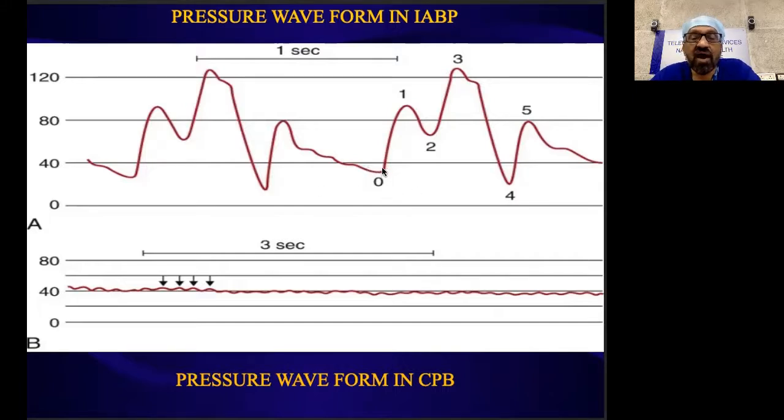This is the unassisted diastolic pressure. This is the unassisted systolic pressure. This is the dicrotic notch. The diastolic augmentation is occurring here. And then this is the diastolic pressure after diastolic augmentation, which is lower than what was seen here. And this is the systolic pressure after diastolic augmentation, which is lower than this pressure. These two indicate that there is a decrease in the afterload as a result of the use of the intra-aortic balloon pump.